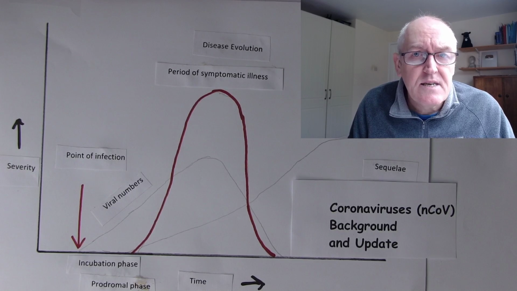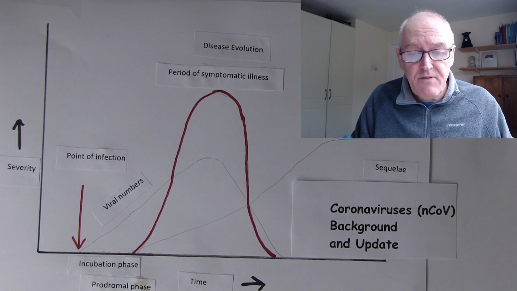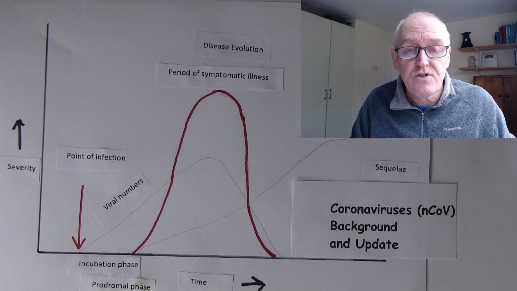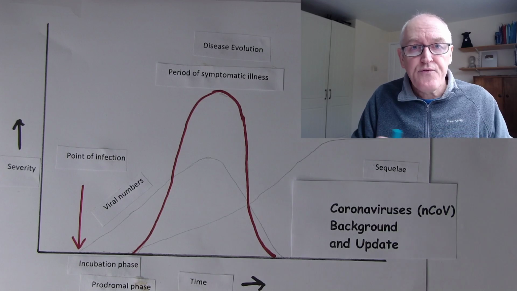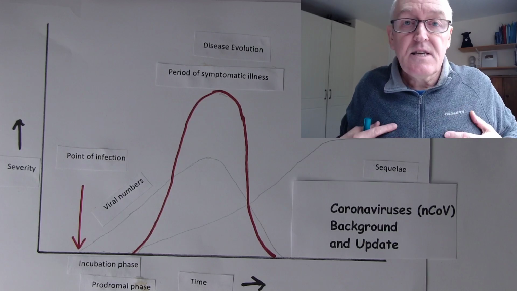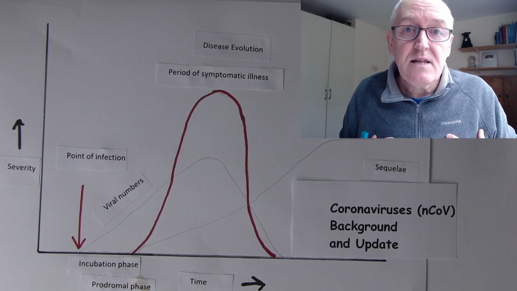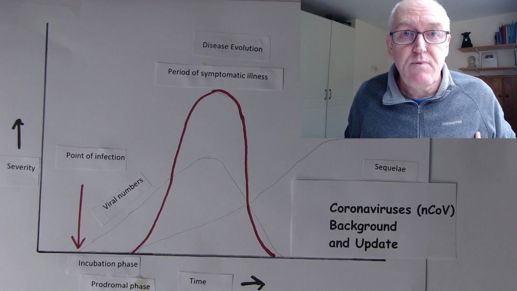They're obligate intracellular parasites. They take over the genetic apparatus, then the viruses literally bud from the surface, and one cell can start giving out hundreds of new viral particles. And these new viral particles will then be free on the surface. Now, in this case, if it's infecting the lungs, the viral particles are shed from the respiratory epithelial cells, and they are in the mucus on the surface of the respiratory epithelium.